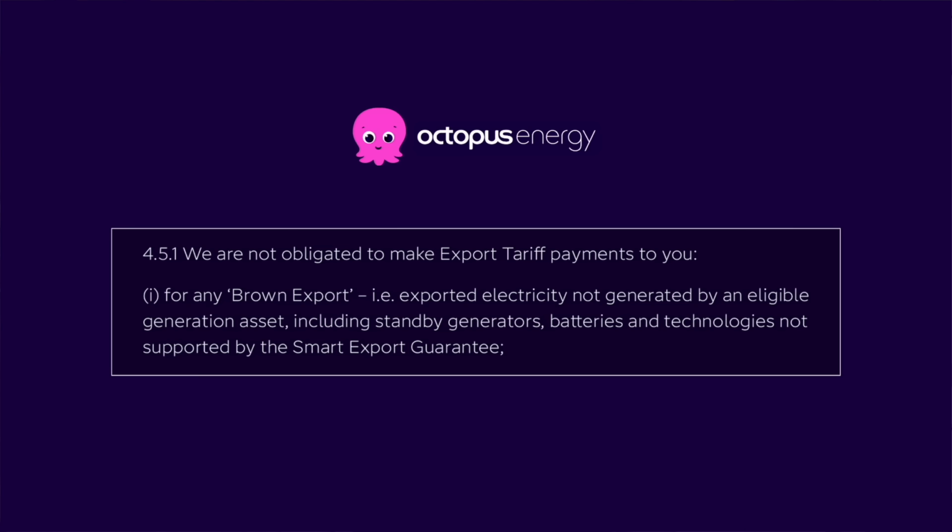And your energy provider might not welcome this hack for the same reasons. Actually, they might have additional issues with it. I found this clause on Octopus Energy's terms and conditions, and other energy providers are likely to have a similar clause. We are not obligated to make export tariff payments to you for any brown export. That is, exported energy not generated by an eligible generation asset, including standby generators, batteries, and technologies not supported by